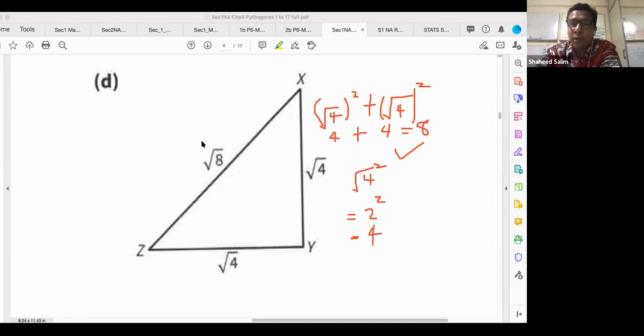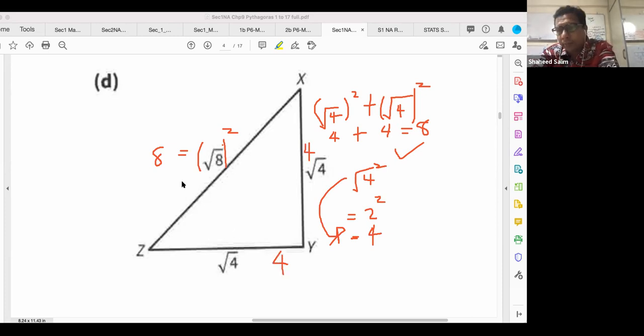So that means down here, when we square this one, this will be equal to 8. You see? You look down here. Can you see? So that means the square of this is 4. The square of this is 4. The square of this is 8. 4 plus 4 equals 8. Are we okay? Okay, this is just a more complex way of writing